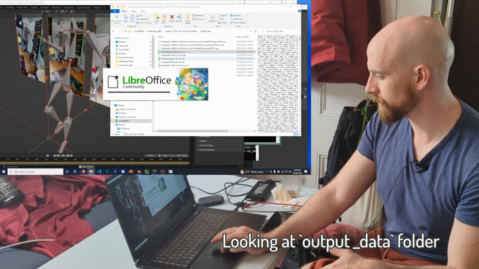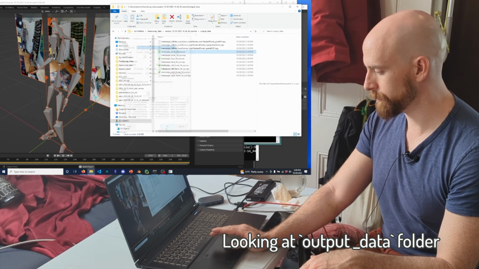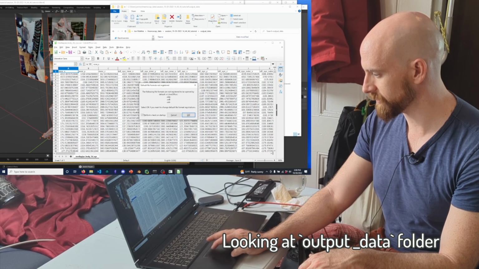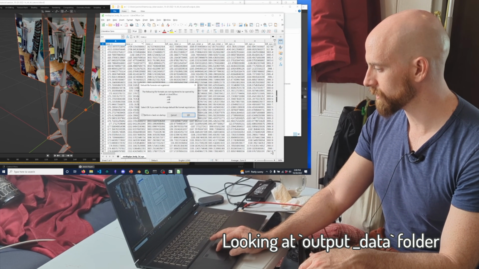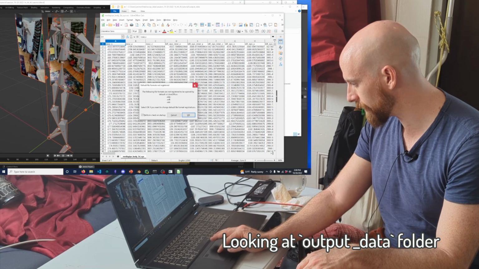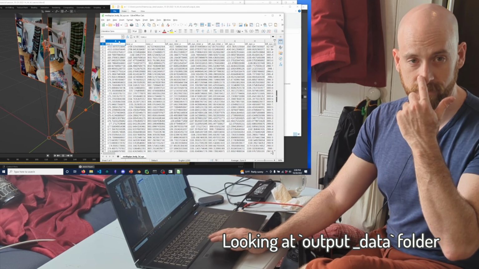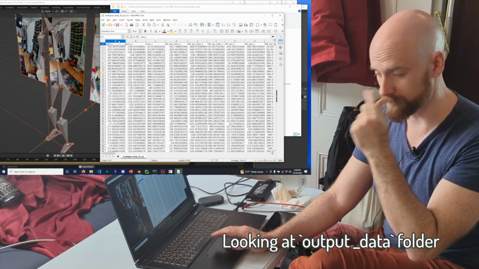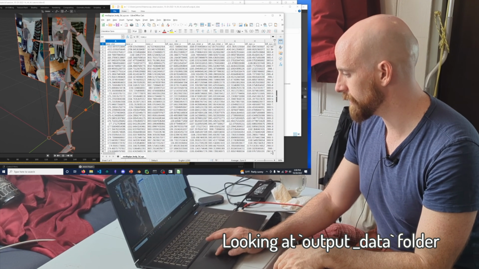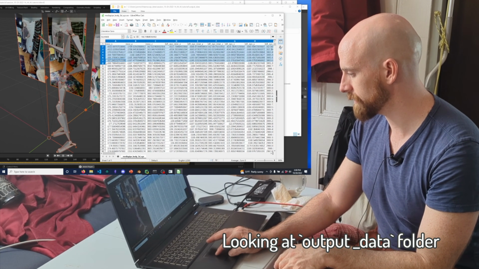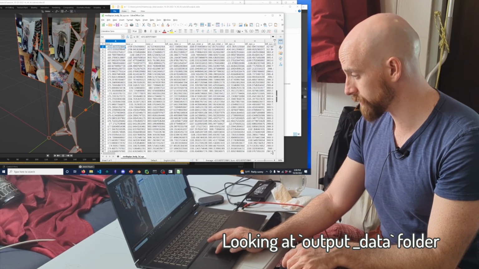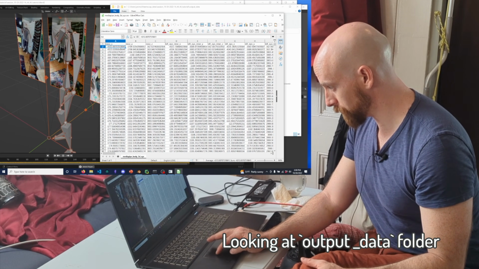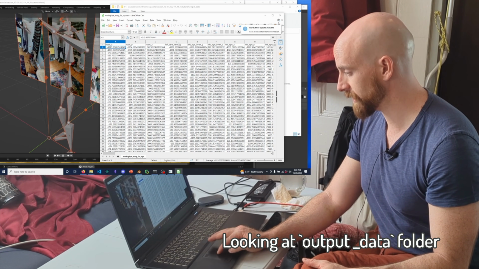But the easier thing to work with is this MediaPipe body 3D XYZ.csv. If you open that one up, that's just a good old-fashioned, Pandas data frame friendly CSV. The first 3 columns are nose X, nose Y, nose Z. That's the XYZ position of the nose in the reference frame of the camera. And then each frame is a row in that. So on the first frame recorded, the nose was at this XYZ location in space, and similarly for the other data points.